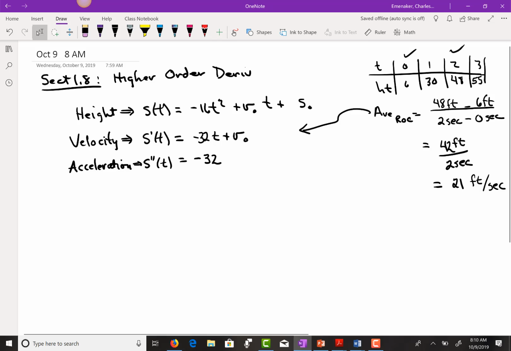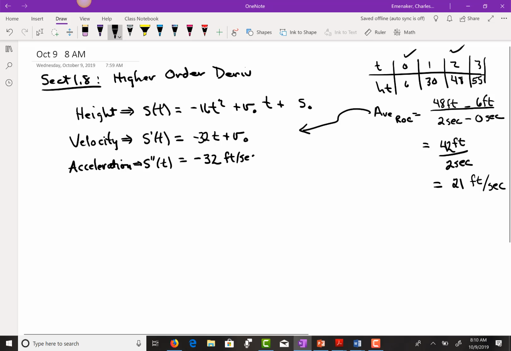Acceleration is really talking about how the velocity is changing, isn't it? So realize the second derivative talks about how the first derivative changes. If the first derivative is changing, that means the velocity is changing. And as velocity changes, the measure of how it's changing is acceleration. The negative 32 is feet